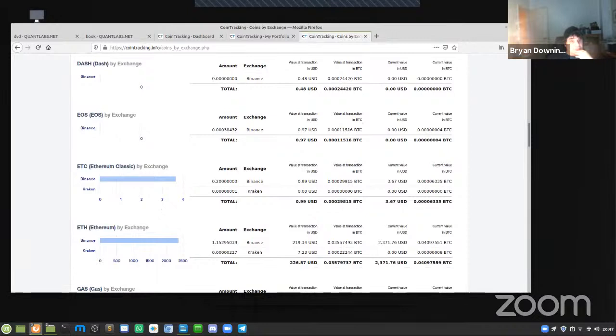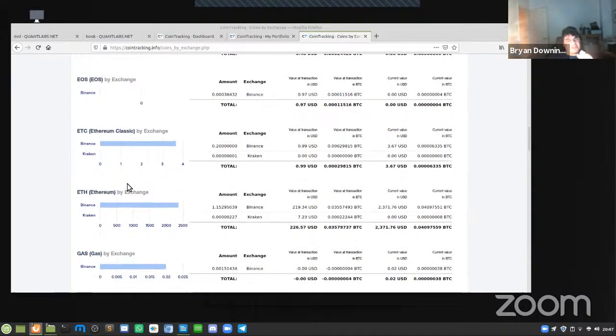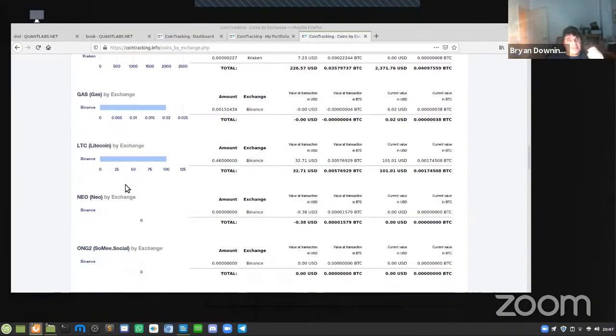Kelly Criterion would suggest that it's best to set a limit loss of about 2.5%. Yeah, because that's what I like about Kelly Criterion. It's sort of like it throttles the trading allowance for you. There are some tips and tricks that I've learned with Kelly Criterion, but it's an industry standard that you can use to help allocate your